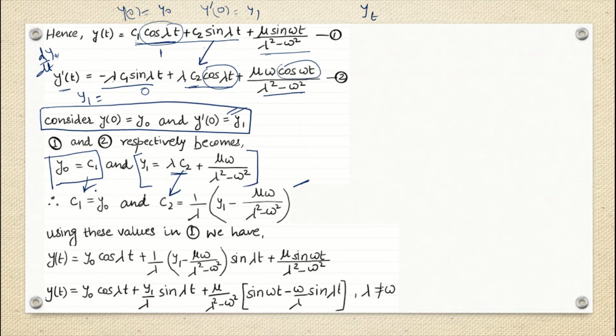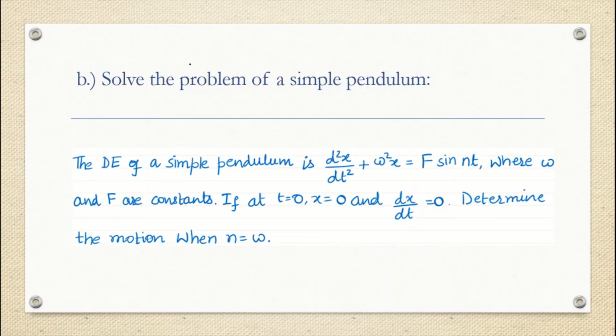So y t, you can refer to this equation here also. y t is your final answer, right? You have just written down C1 as y0 and C2 as whatever we have got here, and then completely this equation we have got, and we have just rearranged this equation here, and this is the answer they were asking for. Similarly, we can find the answer of some other question which they might give you, such as a simple pendulum or something. My main focus is to concentrate on the differential equation they have given in the question statement.